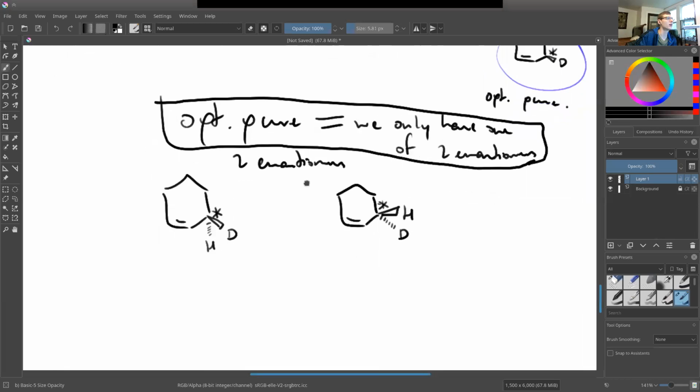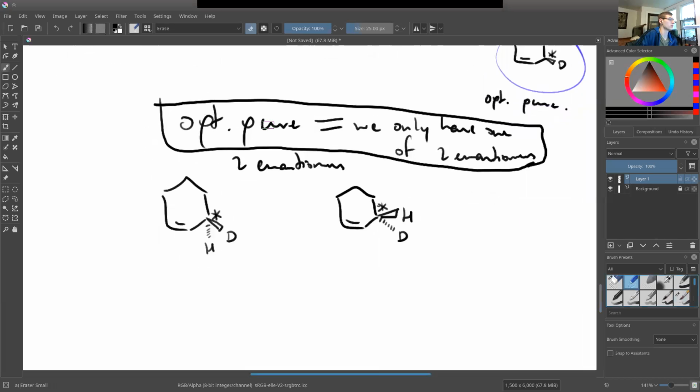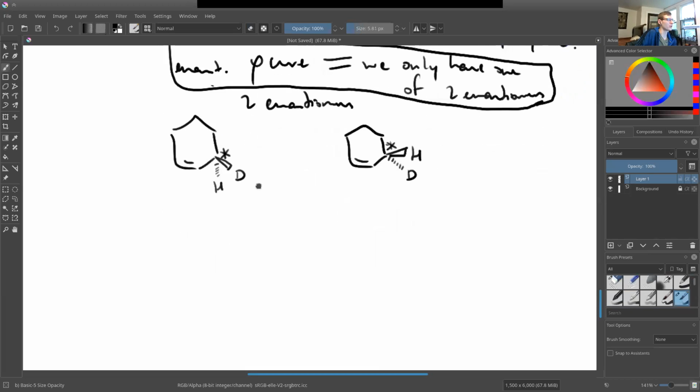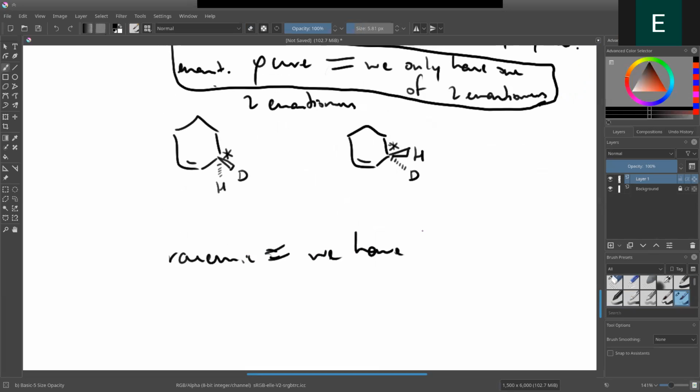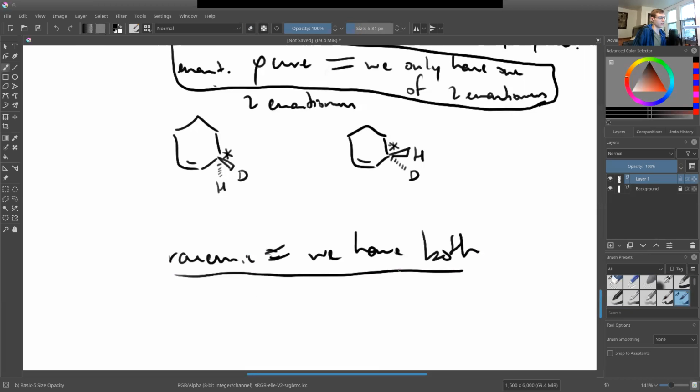I should write these things down. Here, let me change what I wrote here. Instead we'll say enantiomerically pure, and I'll adopt that terminology. So enantiomerically pure is this. Racemic is if we have both. Okay, and then lastly, optically inactive